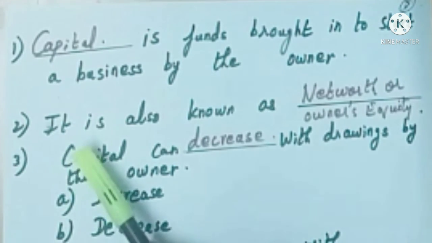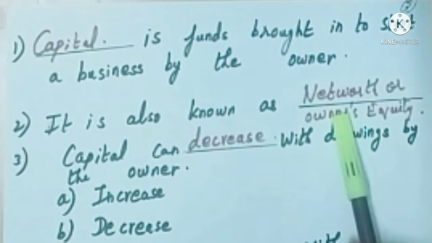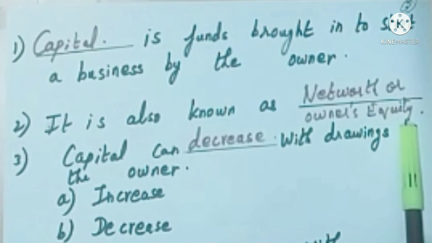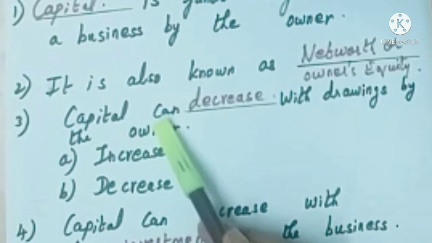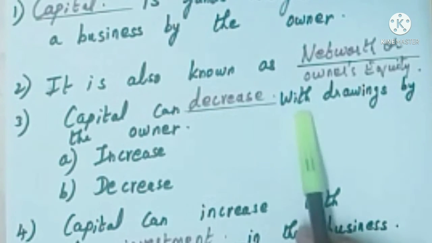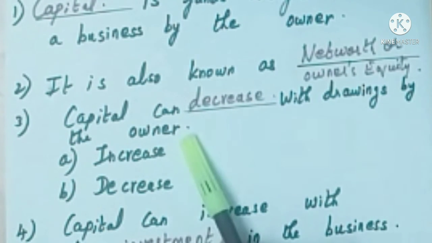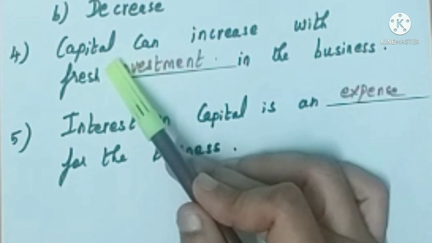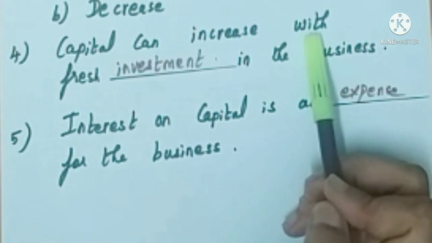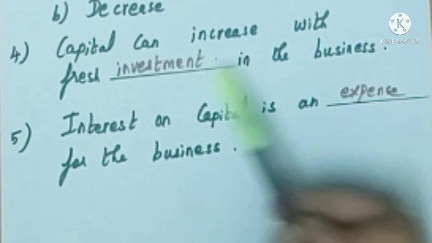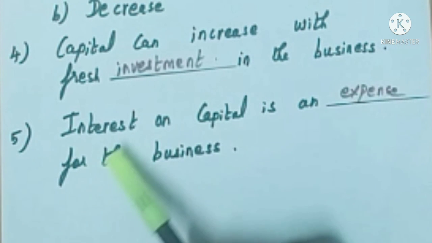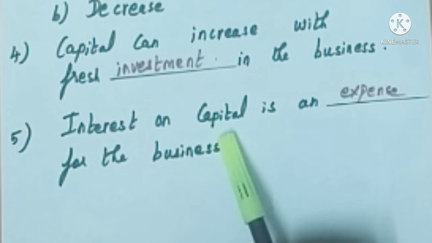Next question. It is also known as net worth or owner's equity. Capital can decrease with drawings by the owner. Next one. Capital can increase with fresh investments in the business. Next one. Interest on capital